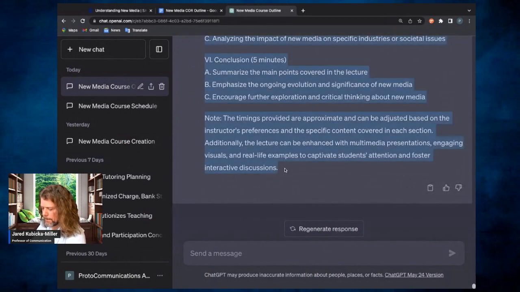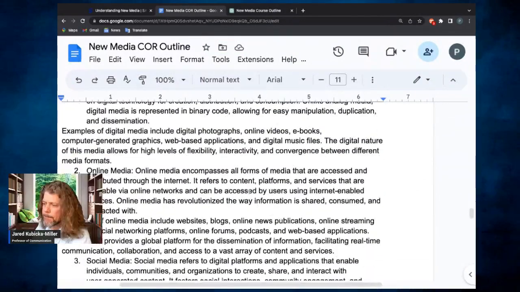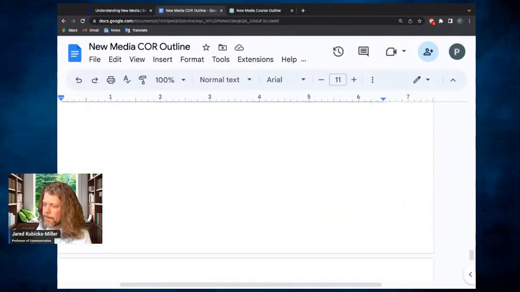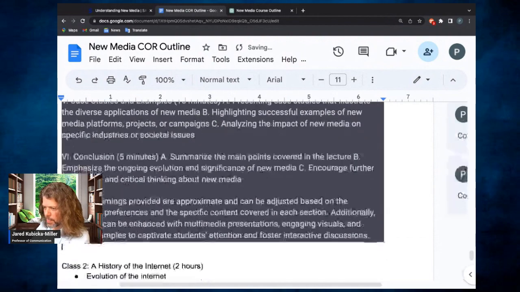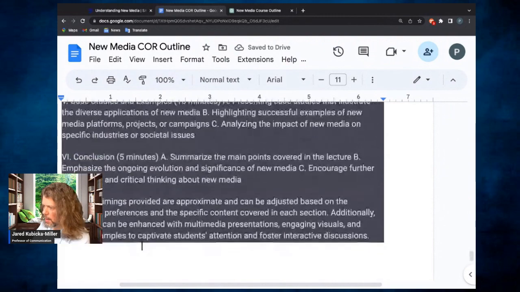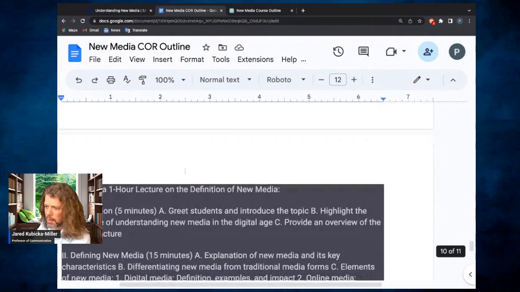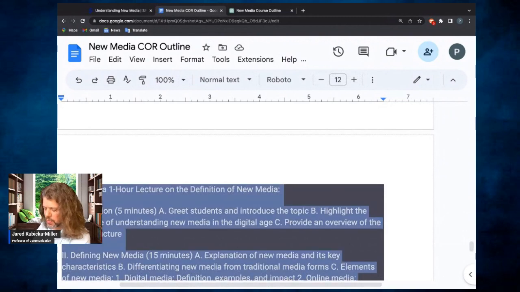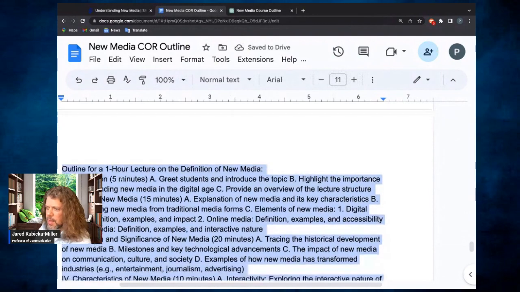So, outline. So here we go. And remember, you just selected all, command backslash, and there you go.